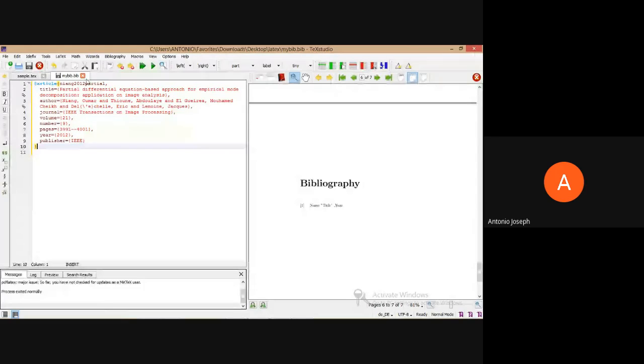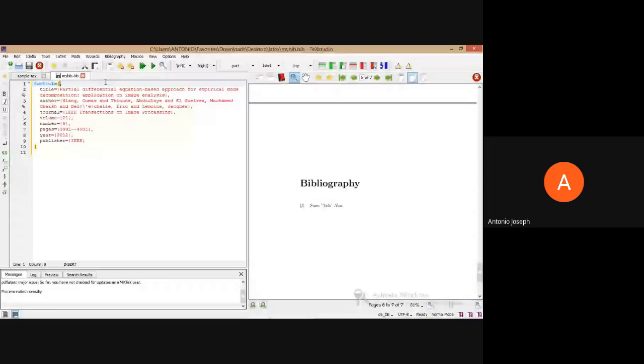Then we have the label, so we can provide any sort of label that we remember, or else we'll be in trouble when we want to put the citation. What I used to do is put labels like R1, R2, R3, R4, etc., so that it's quite easy for me to understand. Sometimes, if you remember the author's name, it's better to use the author name, Omar. We can provide the citation as Omar over here, and then just finish.